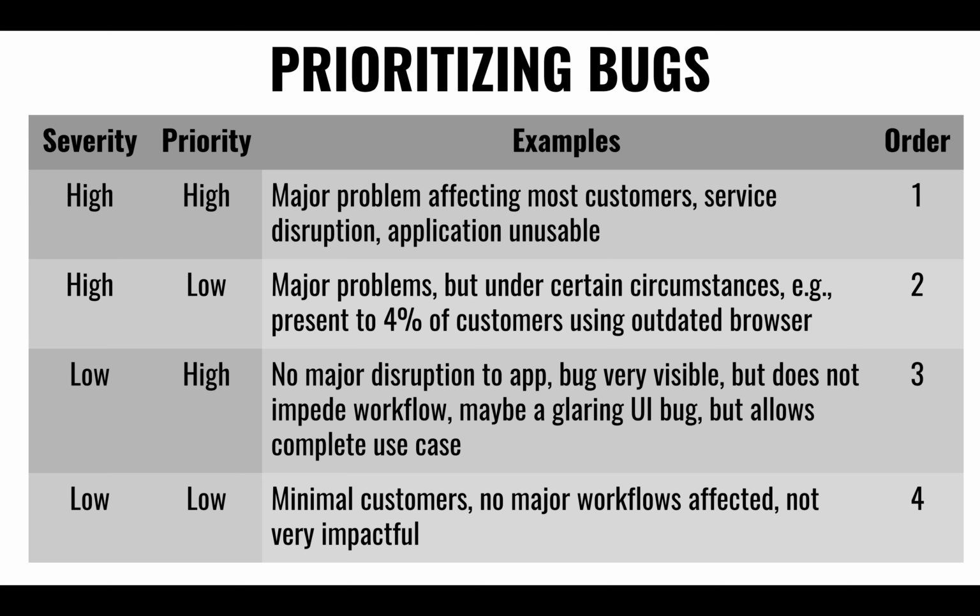The other one is low severity but high priority, meaning something that is glaringly ugly or glaringly wrong, but is not affecting folks, right? Maybe something is misspelled horribly, or there's an image that is completely inappropriate, but folks can still work. They can get around it and they can still do their job. Certainly we'll get to it. It's obvious that it's wrong. Everybody can see it, but it's not as important because you can still work. Or low, something that happens sporadically, is not affecting everybody, and we'll get to it at our own leisure.